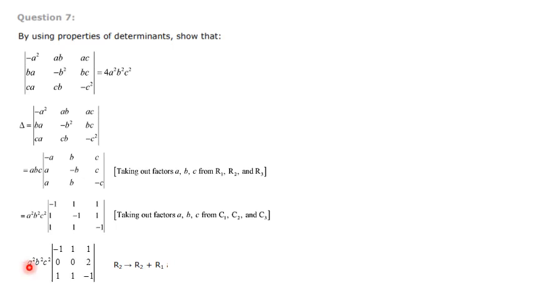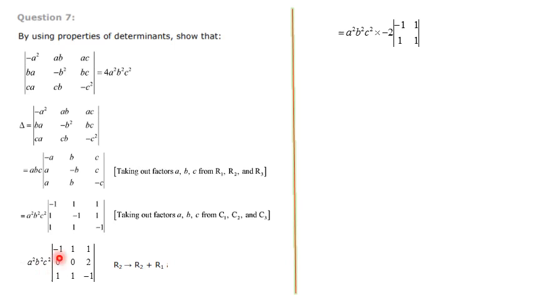So go for the calculation, that is A square B square C square. R1 remains the same. R2 is 1 minus 1, 0; 1 minus 1, again 0; 1 plus 1, that is equal to 2. R3 remains the same. Next, what we have to do is expand along R2. Expanding R2 means A square B square C square outside.